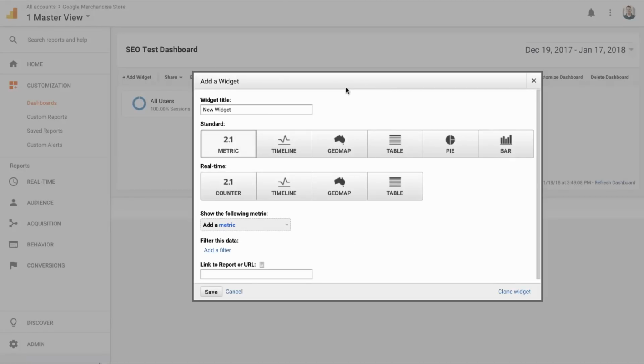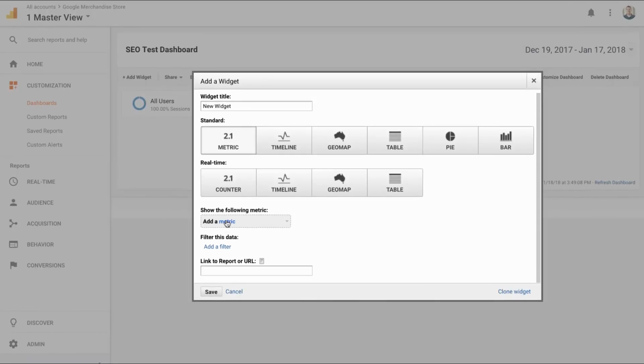Okay, so here we are in the dashboard section. Then I took the liberty of creating a blank dashboard just so we could take a look at this thing. This is just a test dashboard. And within here, we can see that there's the ability to select metrics out of the dashboard and add widgets